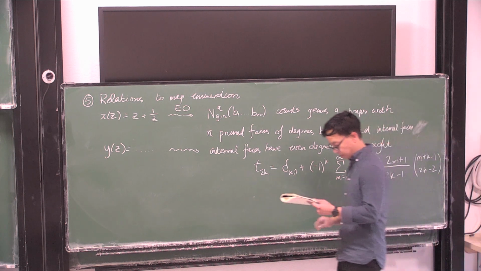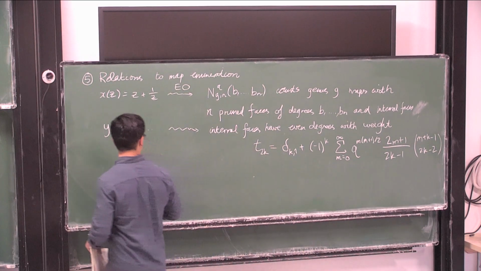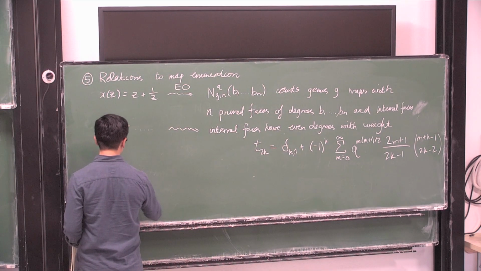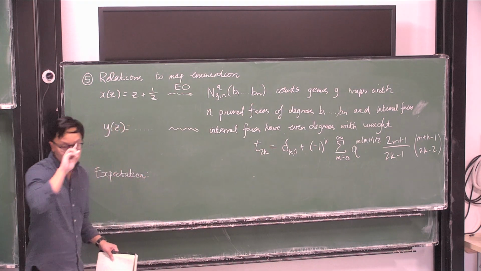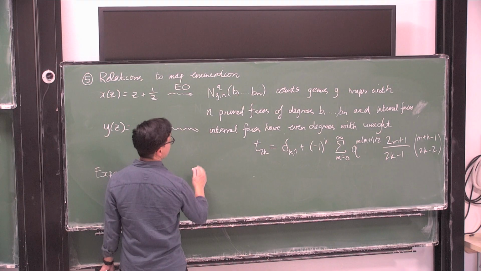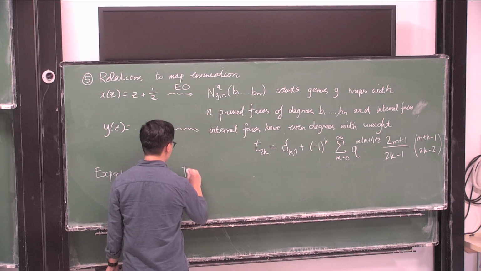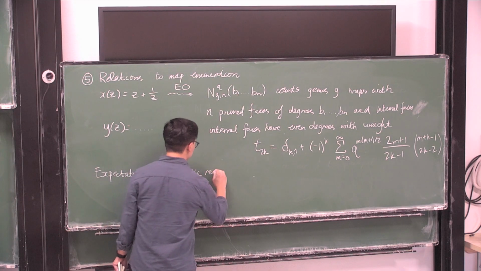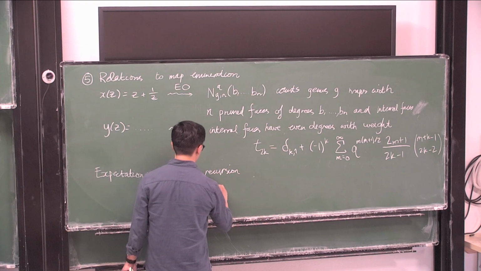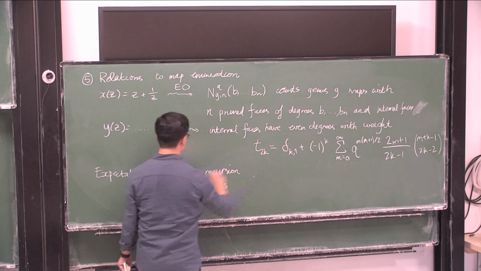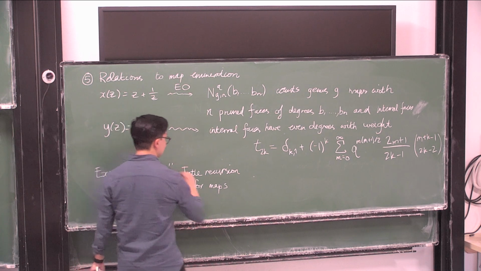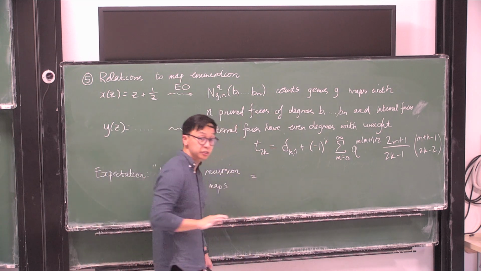And I guess the expectation here is that this should give us another way to see the Weil-Petersson volumes arise, because they should arise in the following way. What we have, because this is a combinatorial count of maps, is a Tutte recursion for maps. But now we're using these explicit weights. If we do something like take some limit here, I guess the expectation is that this should be some recursion